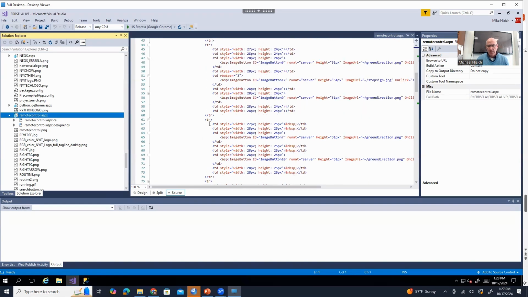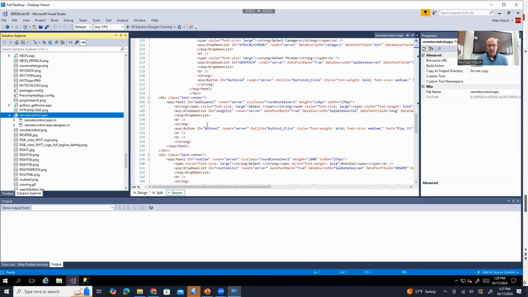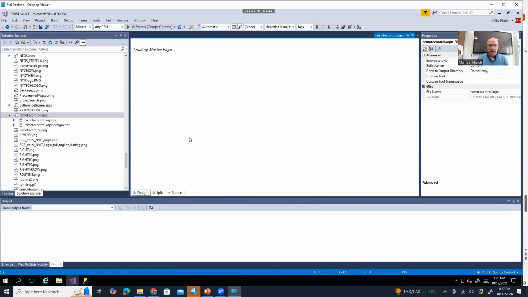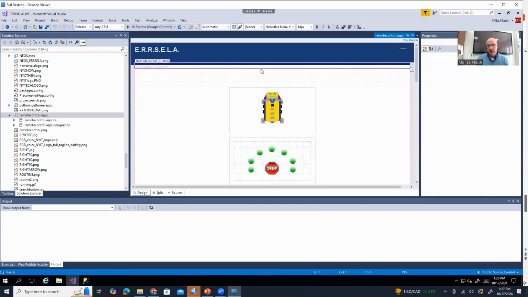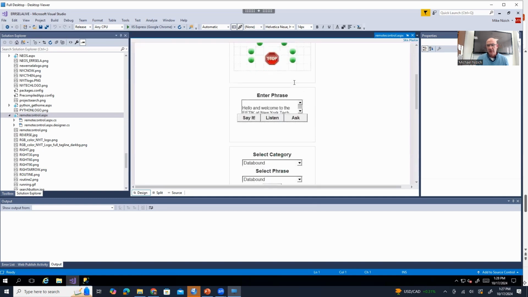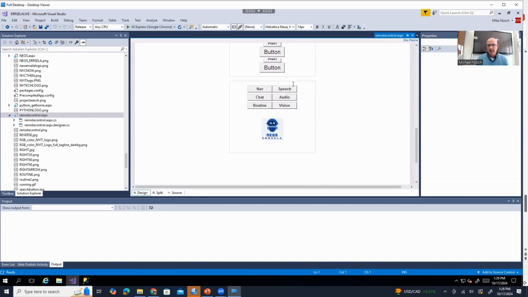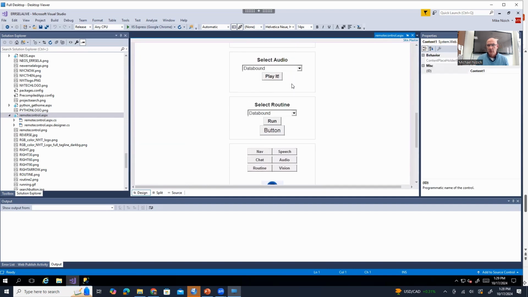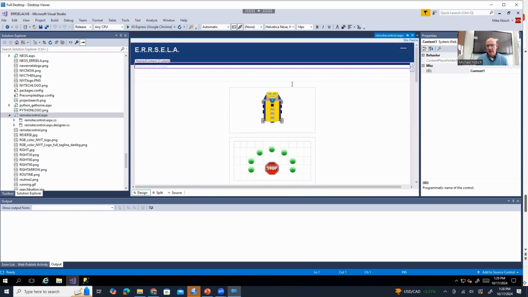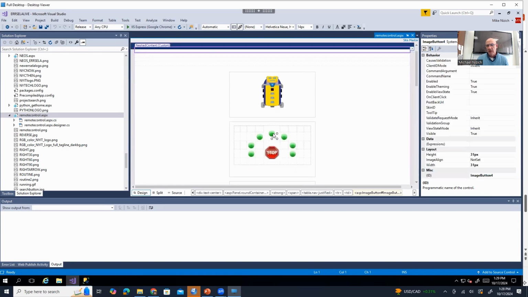So it's always great to look at code and realize there's something behind the code, but really in today's day and age, we want to see what it looks like. And what you'll see is it looks very similar to the actual interface we just saw, but this is the actual look and feel of the design piece that we're looking at, right? So when we say, okay, we're going to click on this button and make the robot go straight, well, this is the actual